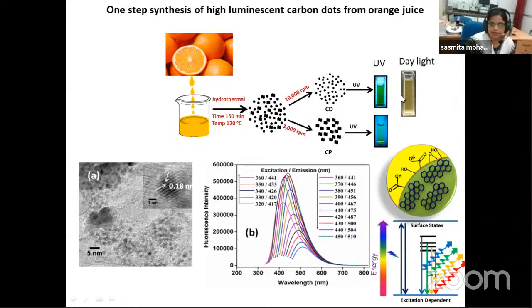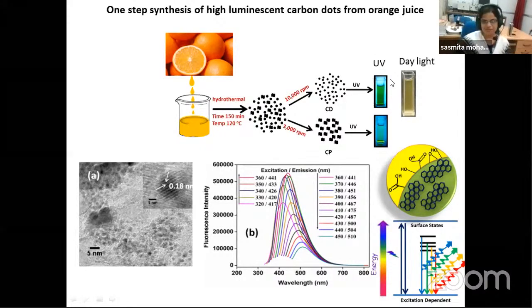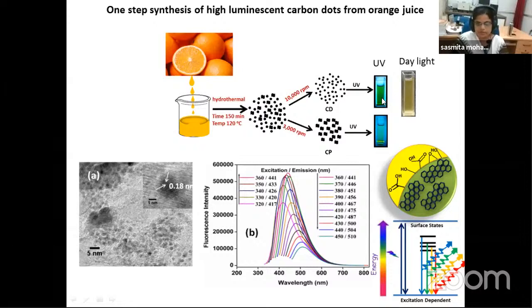You can see in this slide, this cuvette which is yellow under daylight appears very bright green under UV light. You can compare the fluorescence of FITC with this carbon quantum dot fluorescence. And the most interesting fact is that if you go on increasing the excitation wavelength, it emits different colors. Particularly, this property is based on the different surface states between the HOMO and LUMO. I need not explain this here. Let us see the application side.